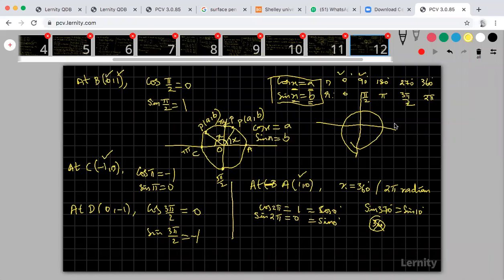Now I am proving what is cos pi by 2, sin pi by 2, cos pi, sin pi, cos 3 pi by 2, sin 3 pi by 2, similarly cos 2 pi, sin 2 pi, everything. The next thing we are going to prove is sin pi by 3, what is the value? Sin pi by 4, what is the value? We are going to discuss that. It is not possible to remember all the values of sin 40, cos 40. It is not possible to remember everything. We have to apply some formula to find out those values. You please note that. We'll go for the next one.